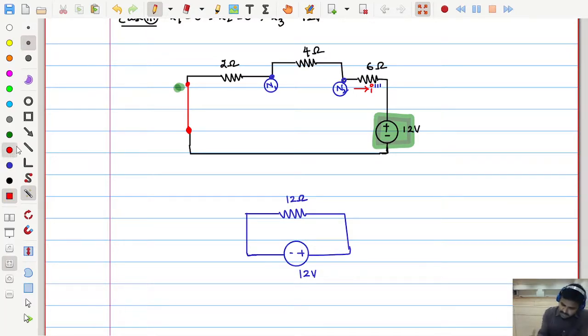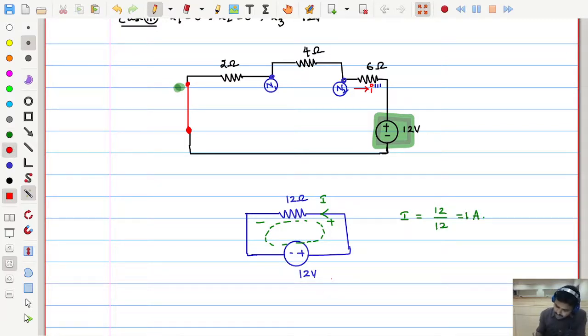Now let us forget this I triple dash as of now. I want to make my own current. See, this is a voltage source connected across the 12 ohms. Then in reality, current flows through this 12 ohms such that wherever the positive terminal is, the current will try to enter the resistor. That means current is flowing in clockwise direction, like this. Let me say this is some I. How much is this current? I is equal to 12 by 12, which is 1 ampere.